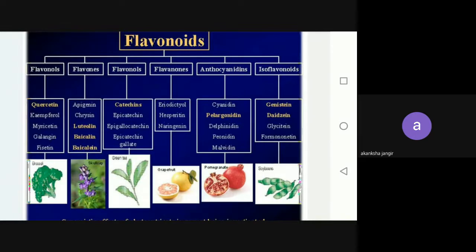Yes, ma'am. So these flavonoids are the main group, and under this main group there are so many things: anthocyanidins, isoflavonoids. These are the subcomponents. These flavonols comprise these catechins, epicatechins. But catechins, epicatechins are found in what? Tea. Yes, it's found in tea. So if they ask any question related to tea, you have to read all this and correlate it with the food products.